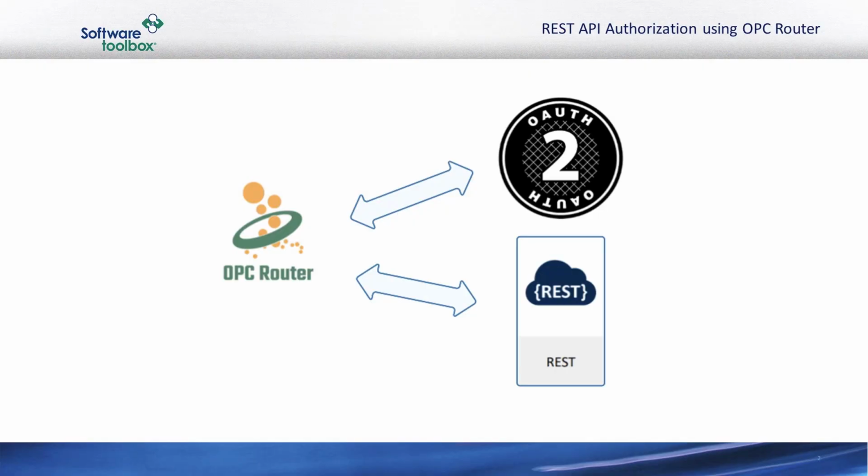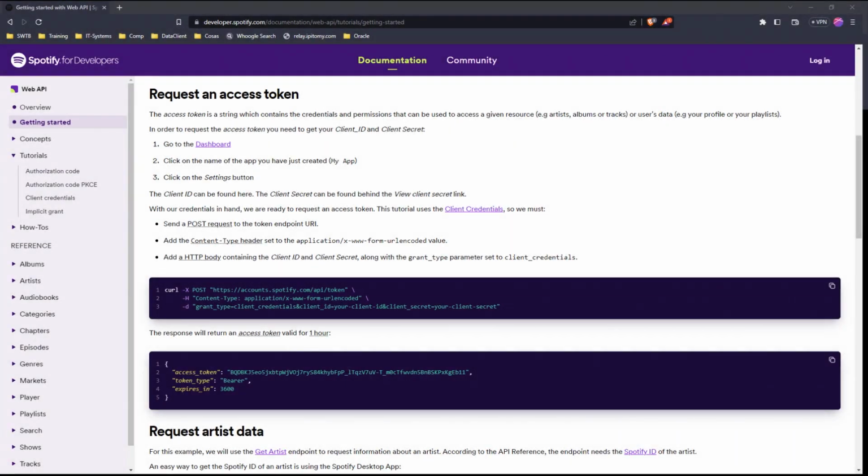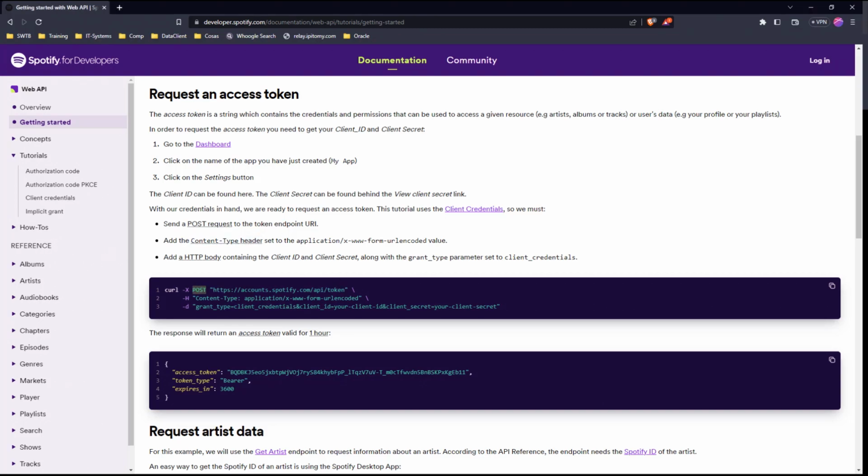First, we would like to see how to get OPC Router authorized. And second, what resources does the web service have available so that we can test once we're authorized. If we take a look at the Spotify documentation, we can clearly see how simple it is to get our authorization token. We see that the HTTP method is a post, the host and resource that is going to authorize